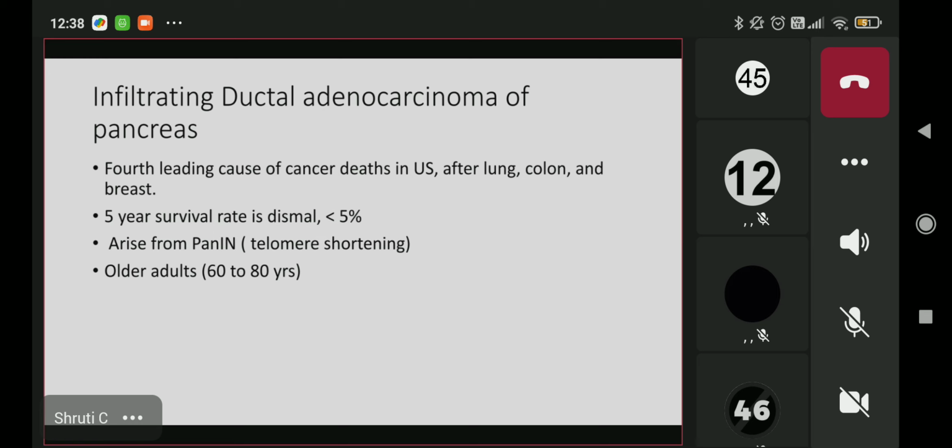adenocarcinoma of pancreas. This is the 4th leading cause of cancer deaths in the US after lung, colon, and breast. And what is very particular of this cancer is that the 5-year survival rate is dismal. It is almost less than 5% or maybe less than 1%. So that's why proper and timely diagnosis of ductal adenocarcinoma of pancreas is significant, because these patients have a very poor prognosis. And these ductal adenocarcinomas usually arise